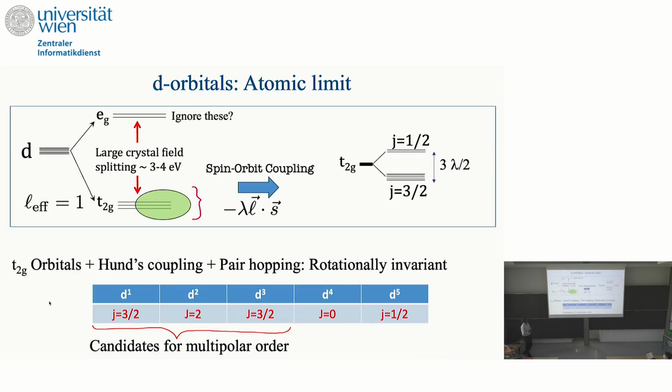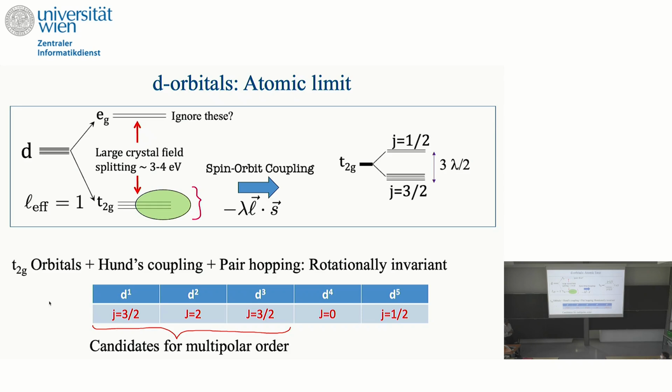So let's then turn to whether there are interesting materials and interesting questions one can ask beyond this general discussion about multipolar orders. The playground that we are working in is these Mott insulators, where you can typically focus, for the purpose of this discussion, on the t2g orbitals, where you end up, if you look at only the single particle physics, with a J=3/2 quartet and a J=1/2 excited doublet. But now you can put in these orbitals and turn on interactions if you have multiple electrons, and one can write down